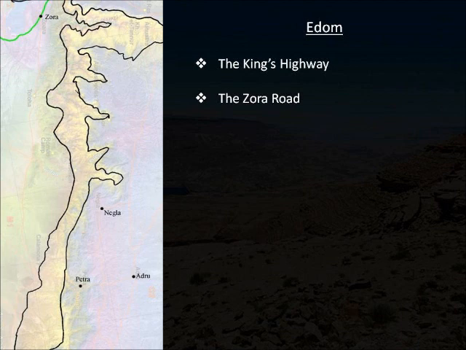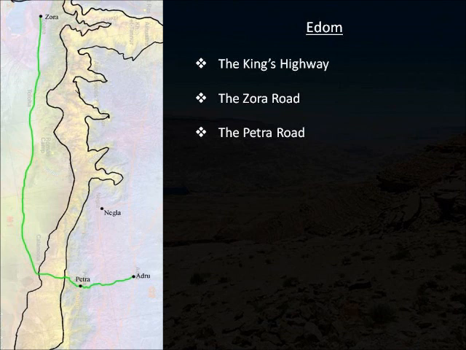And notice we're just seeing the tip of it. It's going to head north off the map towards the land of Moab, and it's going to head to the south and west end of the map as it's curving around the Dead Sea, and will eventually come out in either the Scorpion Ascent or in the Beersheba corridor.